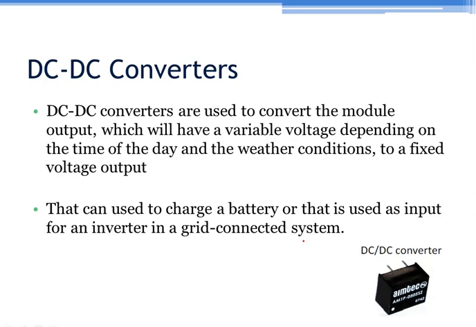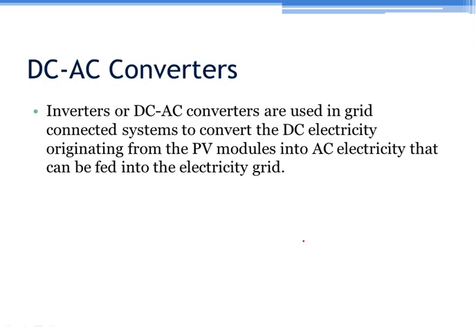Now these DC to DC converters are of different topologies: buck converter, buck boost converter, or boost topologies. So for this you need to have an understanding of power electronics converters. Now the next part is, normally we have an AC load and the power we get from solar is DC. We regulate it with a charge controller, battery and DC to DC converter. If the loads are DC, we can directly connect the DC power to the load, but if the loads are AC, we have to process the DC power into AC power, because grids are AC. If loads are AC, you need AC power.